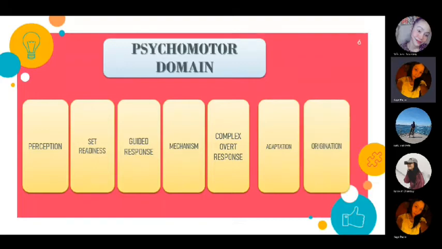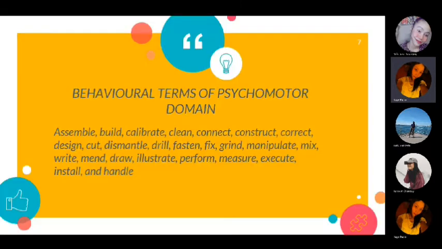And lastly is the origination. So origination is creating new movements with or without equipment. So using previous levels of the psychomotor taxonomy. So the learning outcomes of origination emphasize creativity based upon highly developed skills. So the behavioral terms of